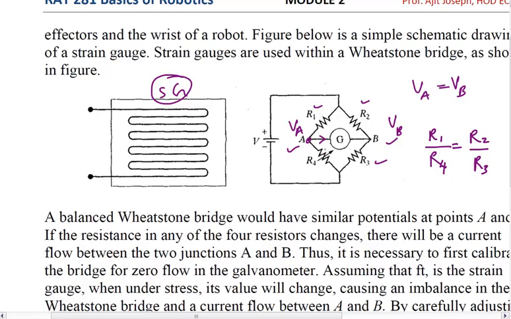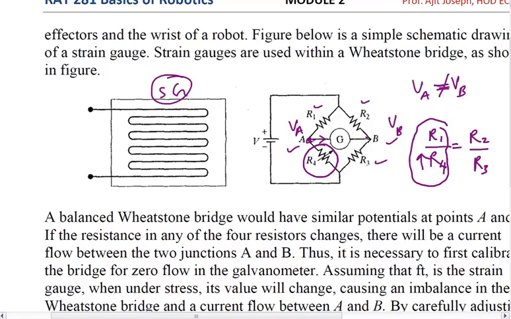Now, R4 is my strain gauge. Okay, this is my strain gauge. Suppose if a strain is being felt here, the value of R4 will change. It may go up or it may go down. We don't know. Suppose if it goes up, then this value will reduce, because of which now the potential will not be same. They will be unequal and current will flow in one of the directions. Either it will flow from A to B or it may flow from B to A.